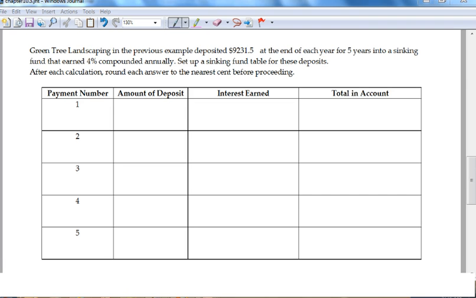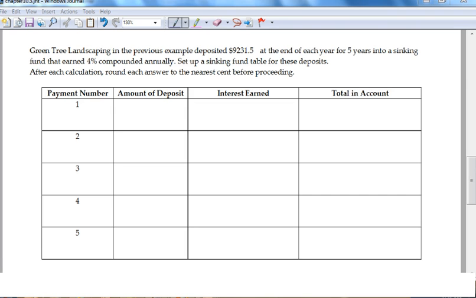Welcome to a lesson about sinking funds and how to find annuity payments. And this example is a continuation of the other example. The company Green Tea Landscaping